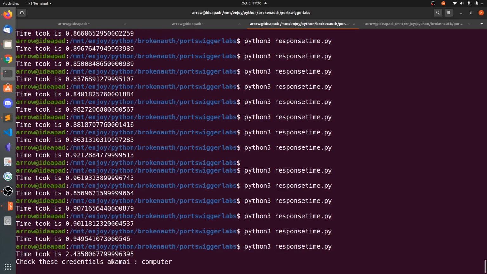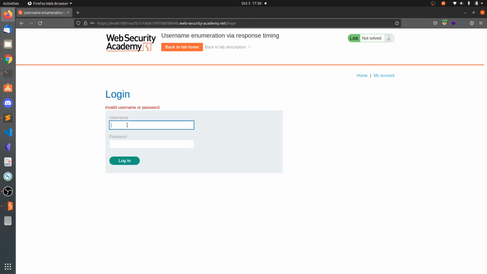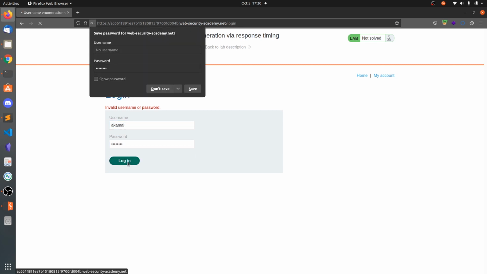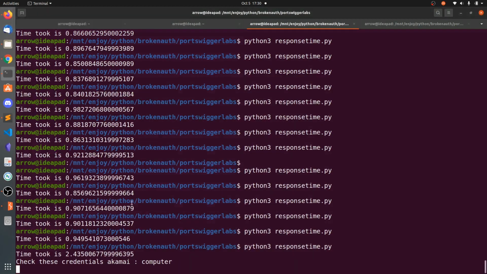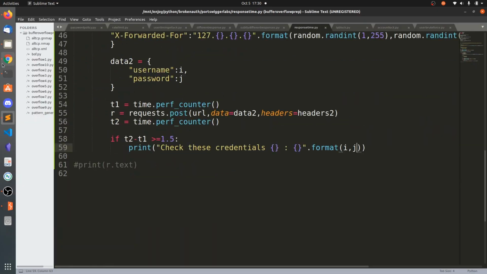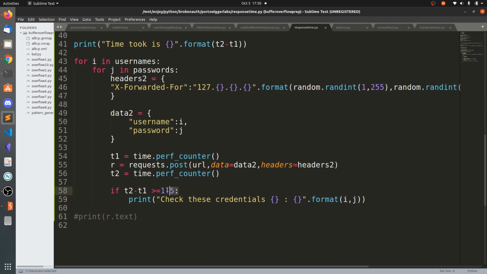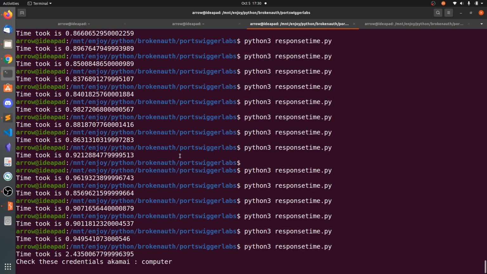And we got some credentials, Akamai and computer. Maybe let's go and try those. It still says 30 minutes. That's why we get some false positives, because we are simply basing it on the time of the response. So you give it a try.